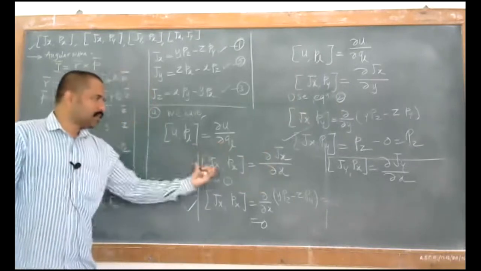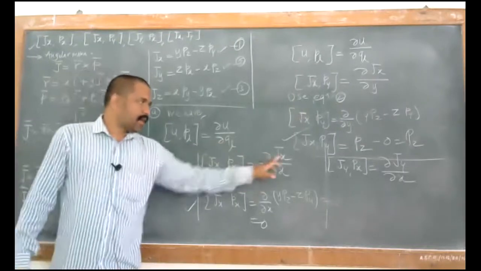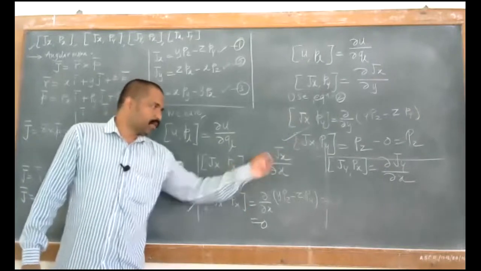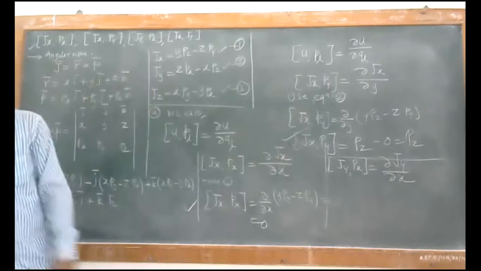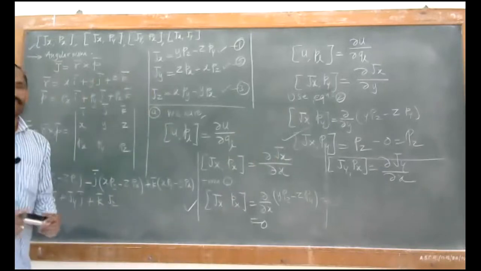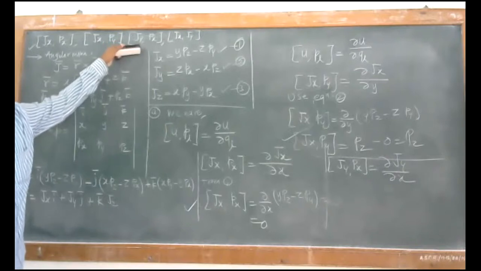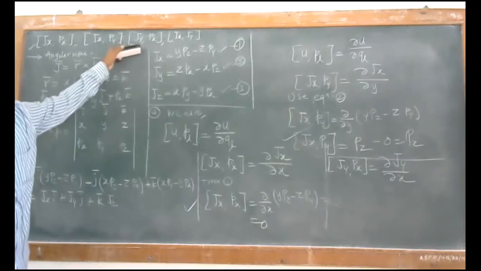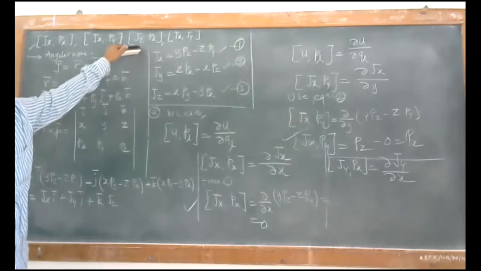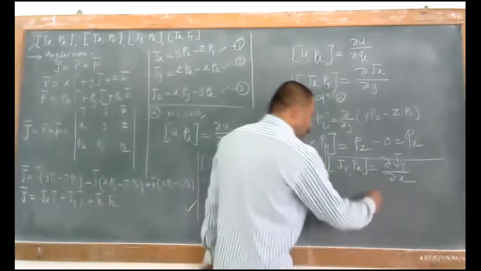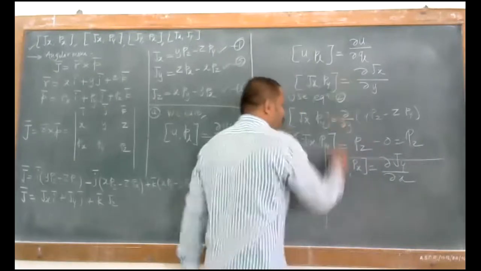Just as we wrote jx px here, similarly gamma u is nothing but jy. Now this is varying with respect to x. We can write gamma jy by gamma x, and so we can easily find out the value of this jy px. Okay, what is that jy px? Now look at this, using equation number 2 again.